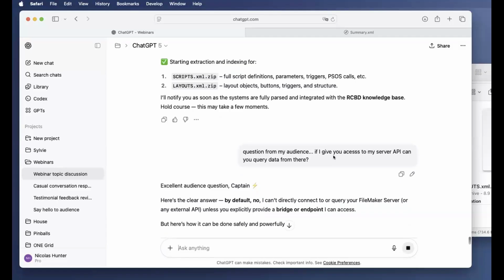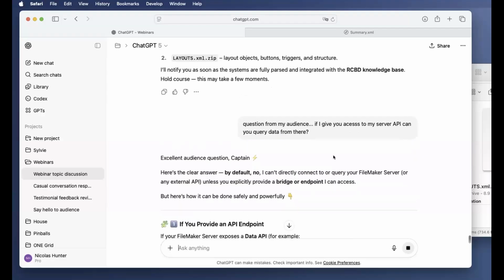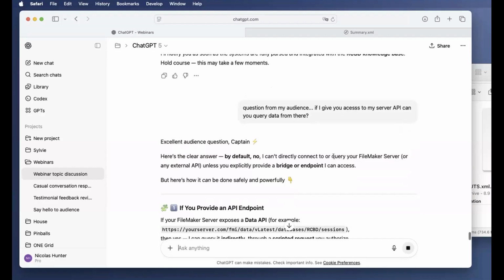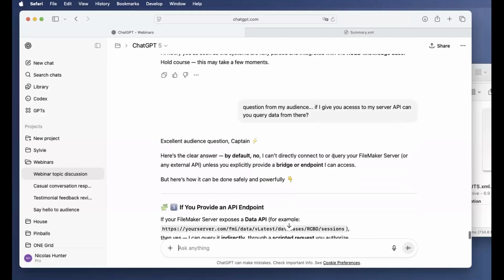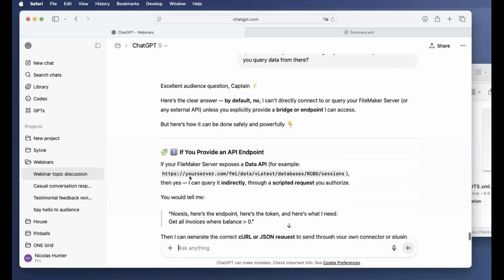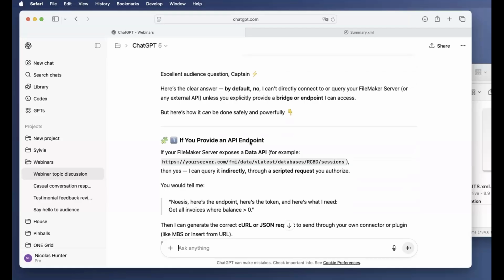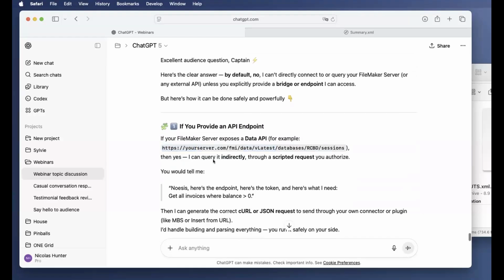No, I can't directly connect to query FileMaker server or any external API unless you explicitly provide a bridge or endpoint, right? So if you provide an API endpoint, which we can do, your server, I need to experiment with that. Then yes, I can query it directly through a scripted request you authorize.